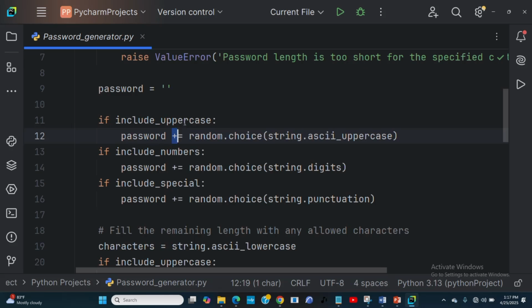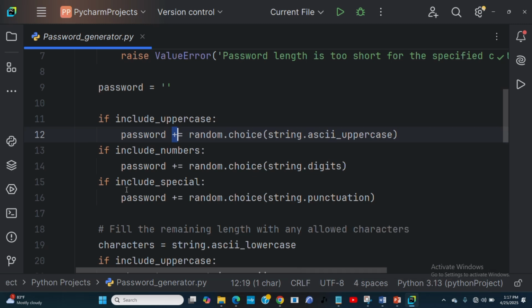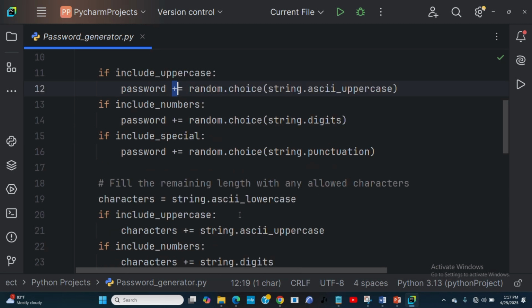Now, this is the only thing it has: I'm saying include uppercase character, yes, it is going to add an uppercase character. It's going to add a digit, a number there. It's also going to add maybe a special character. Now, what becomes of it to make 15 characters? What it has added is not up to 15, right? So that is what happens here.